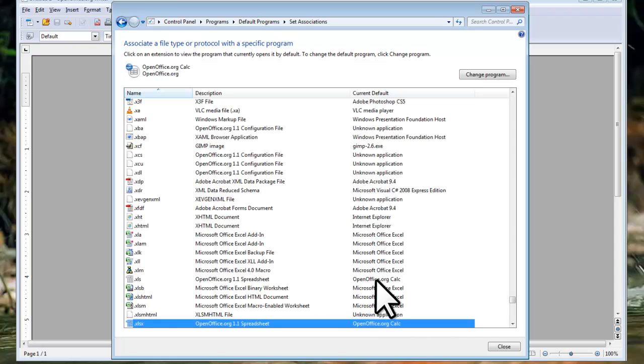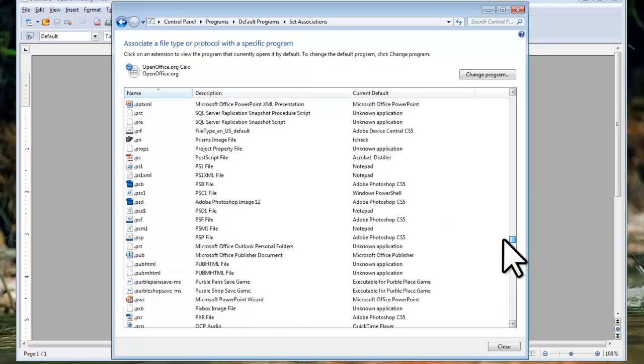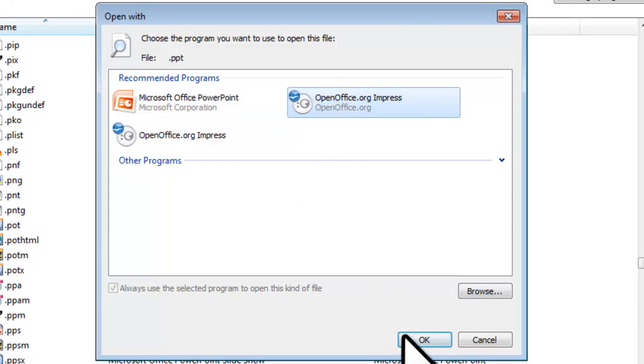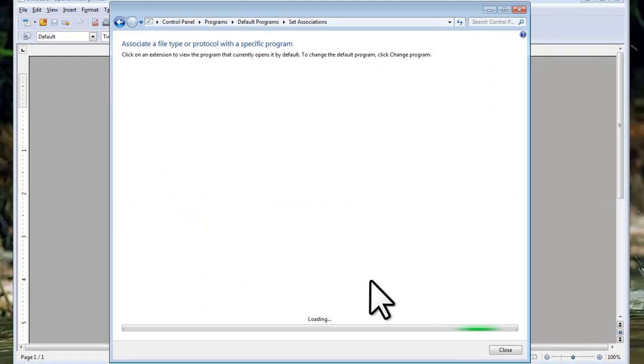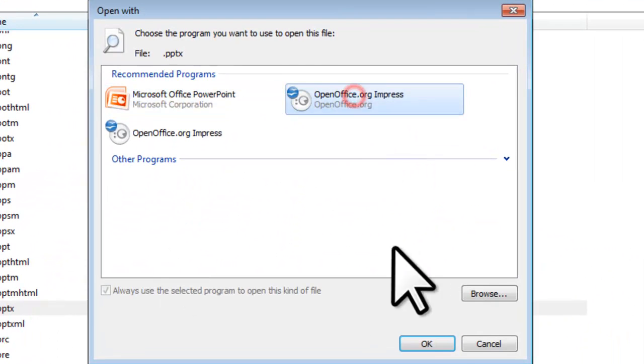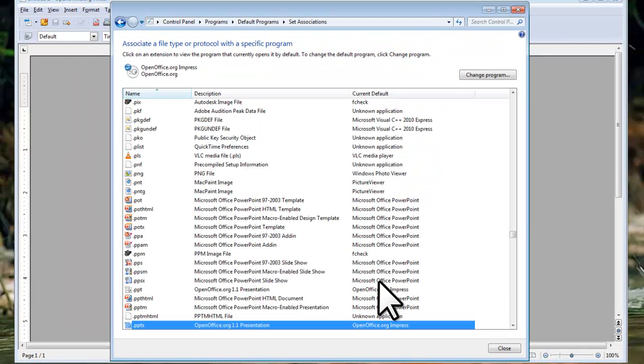Scroll down and set the presentation extensions .ppt and .pptx to OpenOffice. Making those file association changes will be all that most of you need to do. If you want, you can just follow these steps to change any of the other file types that you use.